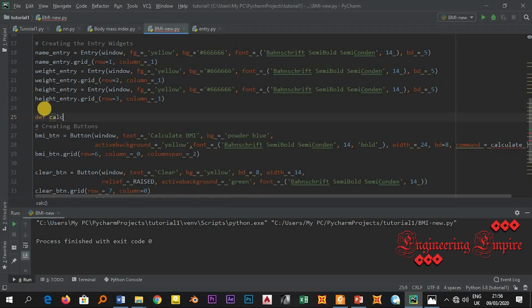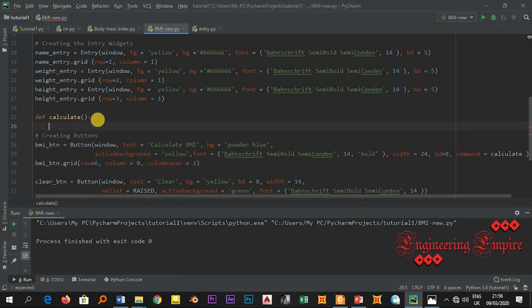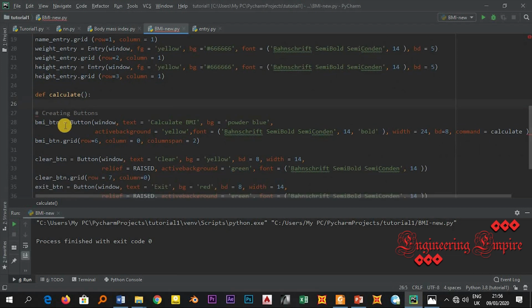Define calculate, then colon. What needs to be calculated is, when the person enters the weight and the height, the weight divided by the height square. So now the weight, let me call it W, would be equal to what? The number that was inserted in the